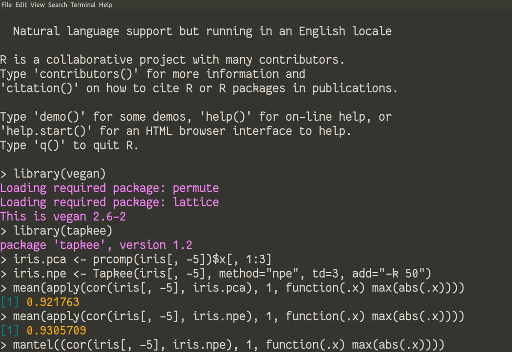So we will calculate the distance of iris data, and we will calculate the distance of resulting PCA or NPE. So for example, dist of NPE, and we don't need anything else at the end,